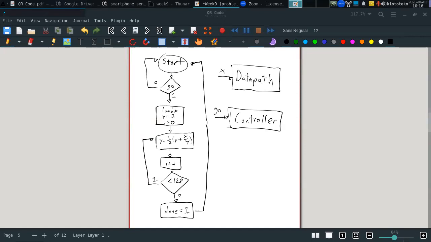So when we have the go signal, the controller signals the data path to initialize with all these things. Let's assume we have a load signal, maybe. This load signal tells it to proceed to do this. And we may have other signals. And in the end, we have this Y that will give us Y, and also a done signal